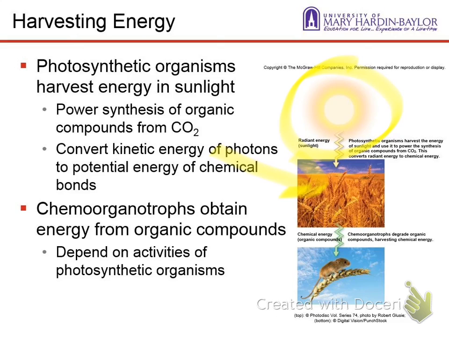How many of you had a bowl of cereal or a pancake today when you got up for breakfast? The rest of you are all gluten-free, right? If you had anything that had grain in it, then you depended on this process right here: the photons of light coming to Earth and being absorbed by photosynthetic organisms that we call photoautotrophs. They make carbohydrates from the CO2 that they fix from the environment, and then we eat them.